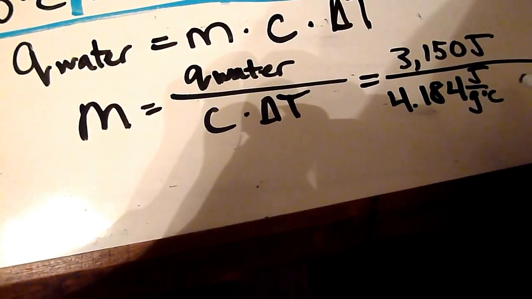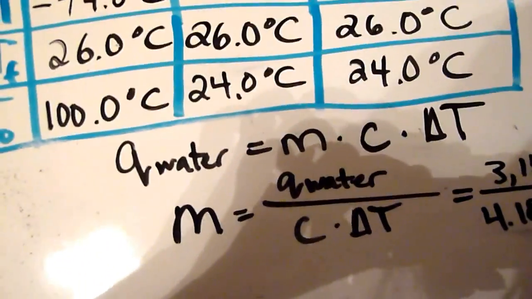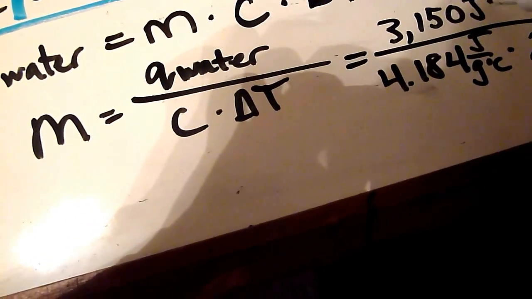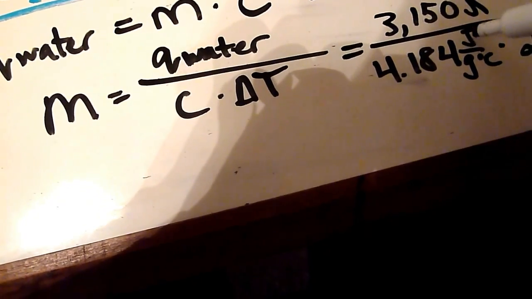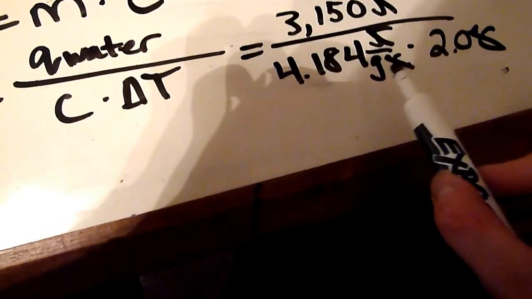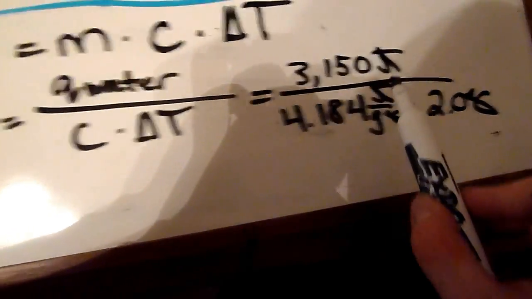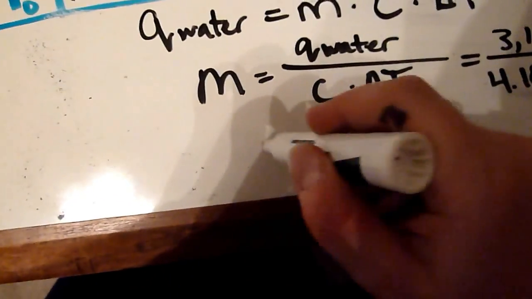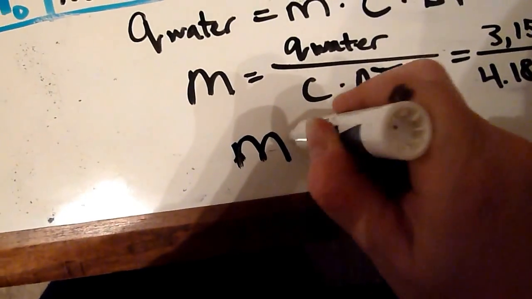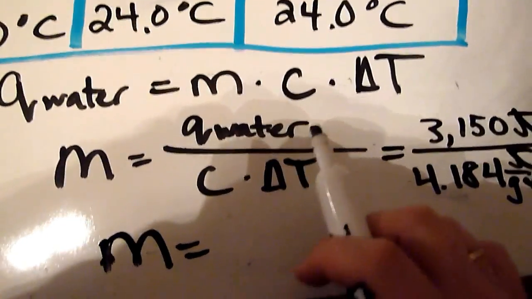divided by the specific heat of the water, 4.184 joules per gram degree Celsius, times the change in temperature for the water, which we find to be 2.0 degrees Celsius. So if I type this into my calculator, and I see that my units cancel, joules cancel with joules, degrees Celsius with degrees Celsius, then I have a gram here in the denominator of the denominator, which makes it a numerator value. So mass in grams, that works out really well. That's what we want. And if I type all that in, then I would find the mass in grams of the water to be